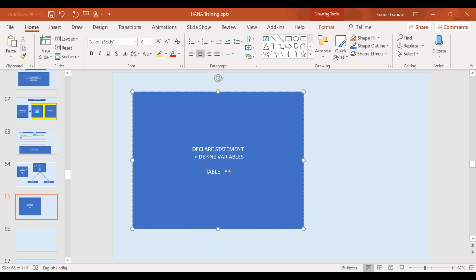Table types. So what is table types used for? To reuse structure across different DB objects. Okay. Now, one more thing which we need to understand is that a table is also a potential table type. Now let's see what I'm trying to say here.